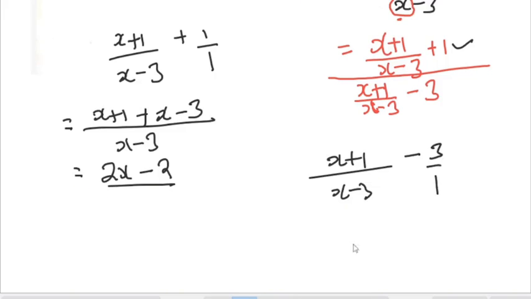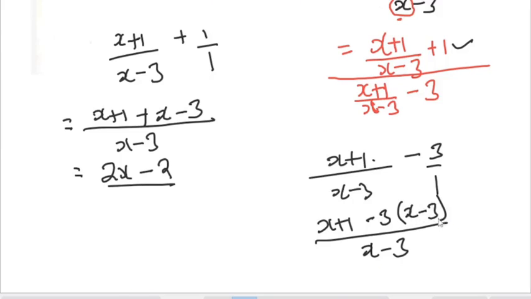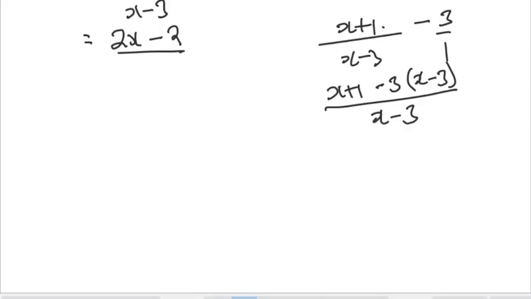So we divide by 1. Common denominator is x minus 3. So here we can just say this x plus 1 will multiply 1, we'll get x plus 1, then minus this 3 right here, this negative 3 will multiply this x minus 3. So I'll put it in bracket, I'll say x minus 3, then I'll cross. So from here we can now say